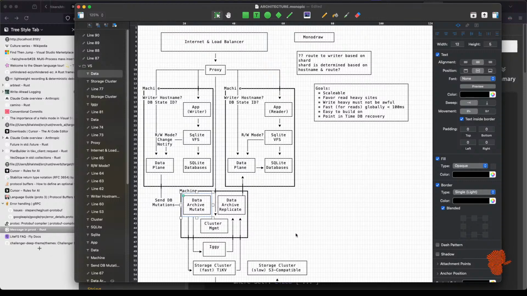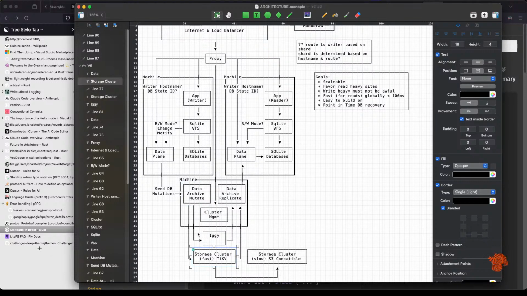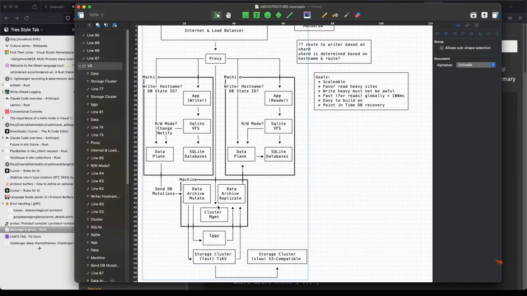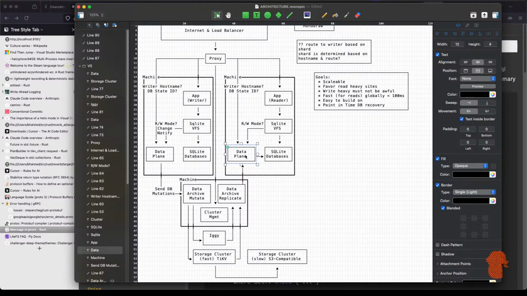Data archive sends it to our streaming and long-term storage, in which it would hop the fence, if it were, jump the shark. I don't know, too early. Send it to the data archive, and the data archive would send it to the other data plane on the readers, which would then append the data to the wall logs and the other machines, and they would be able to see the data. The goal is to have this done quickly, be able to support many, many, many mutations per second, like 1,000, 10,000, whatever.